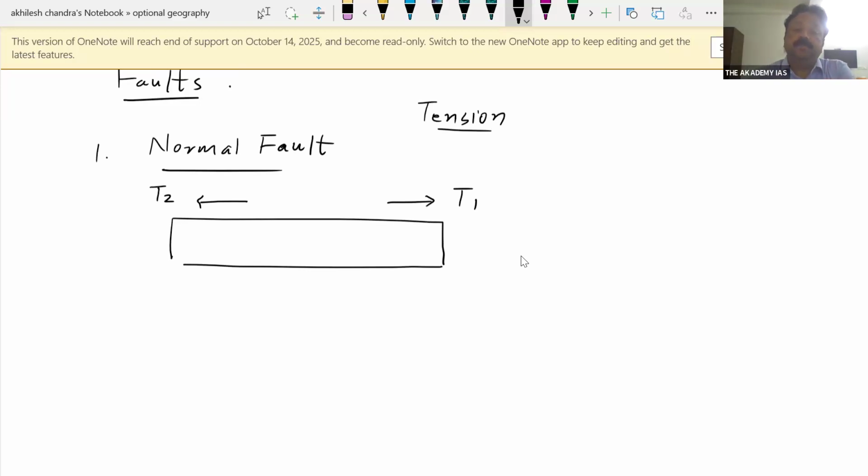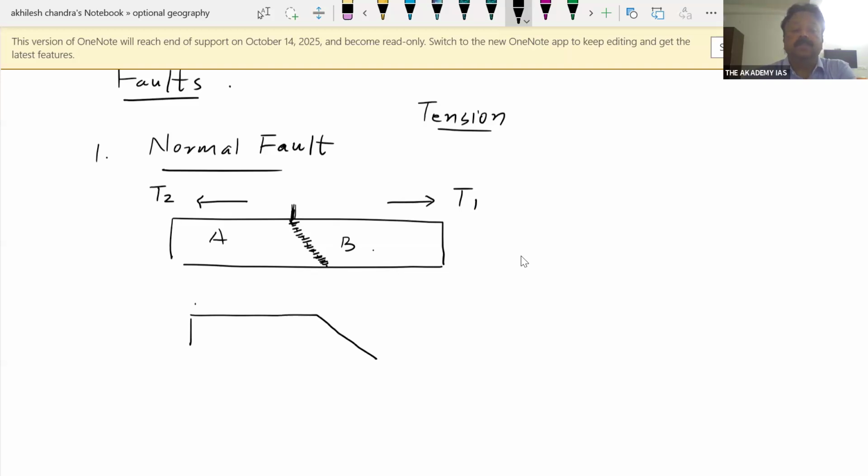So due to tension, this crust develops a fracture. Okay, crack: this crack transforms into a fracture, and the fracture ultimately transforms into a fault. So there is a fault, and here it is block A, and this is block B. This is the meeting point of these two blocks. Now what happened? Along this fault line, there is a movement of the block, and if the movement is like this,